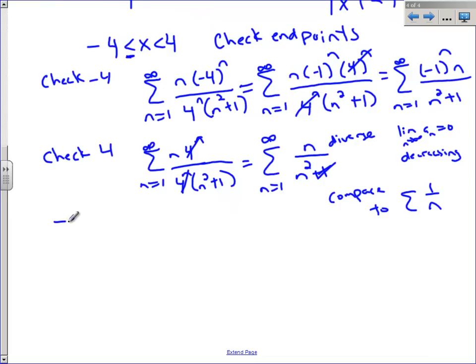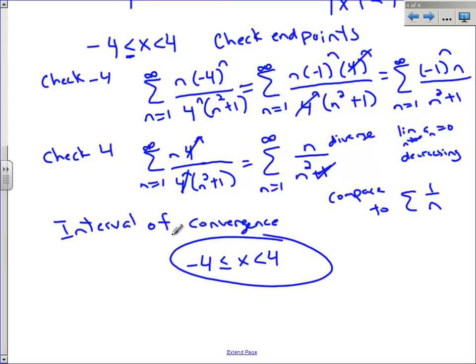So my final answer for the interval of convergence is -4 is less than or equal to x is less than 4. Okay, that's how you use the